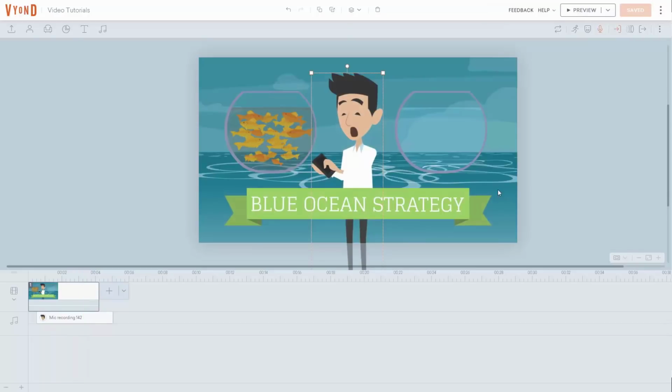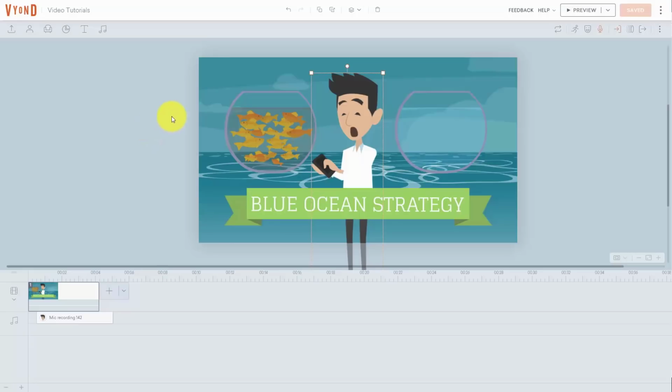So you can add in audio in order for your character to speak. Now you can also determine how your character moves inside of your scene. You can have them enter in one part of the scene in a certain way. You can give them a motion path, and then you can give them an exit activity. So for example, if we were to click on top of our character, and we were to click on this button that says Enter Effect,